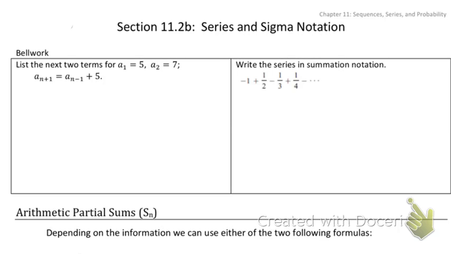So let's look at 2 ways we could actually solve this. If I have a sub 1 equals 5, I have a sub 2 equals 7. Just in plain English, this says the term I want equals 2 terms prior plus 5. So if the term I want is a sub 3, 2 terms prior would be 5, so 5 plus 5 is 10. How this would look algebraically with the n's is I would have to change this to